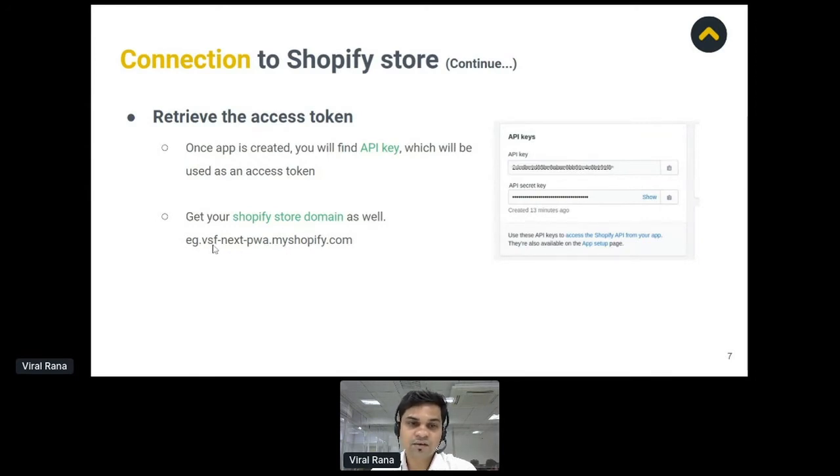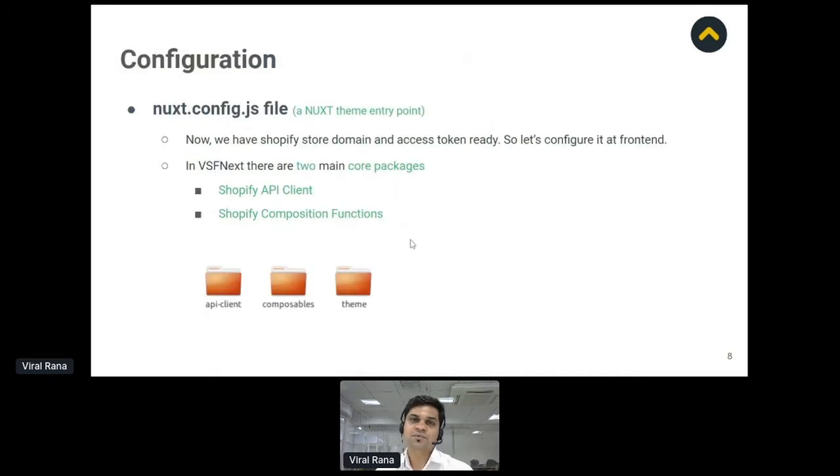For example, vsf-next-pwa.myshopify.com for us. So now we have the storefront access token and the domain ready, so we are ready for the configuration.